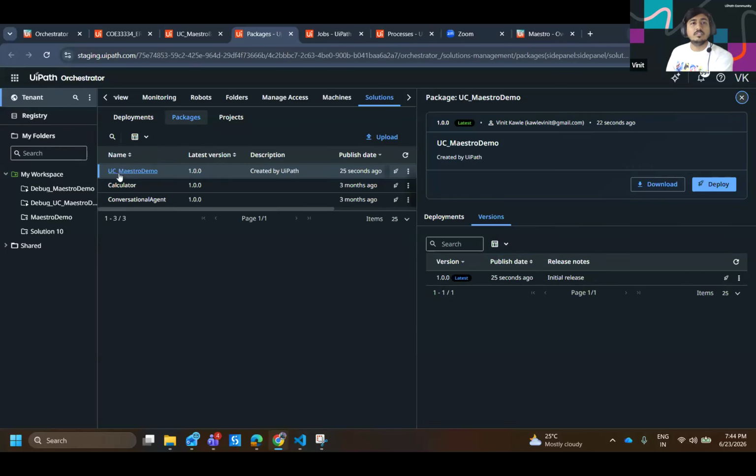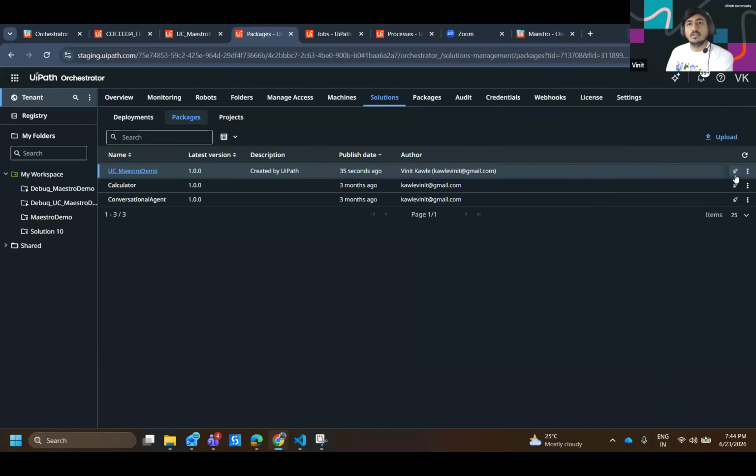So now I have this Maestro demo available. On the right hand side, you can see I have the option to deploy. This is the package that I have available. Just now I have published it, and it is available as a package within the solutions tab under the packages,